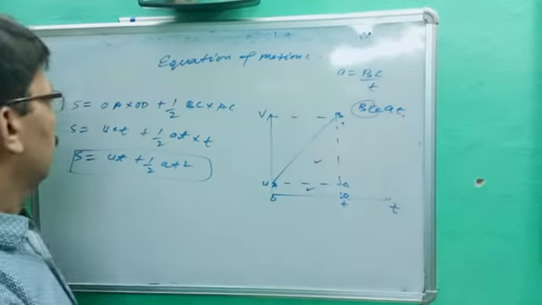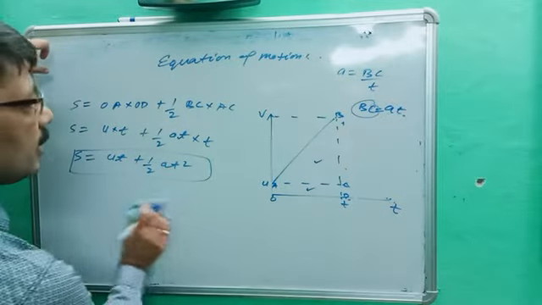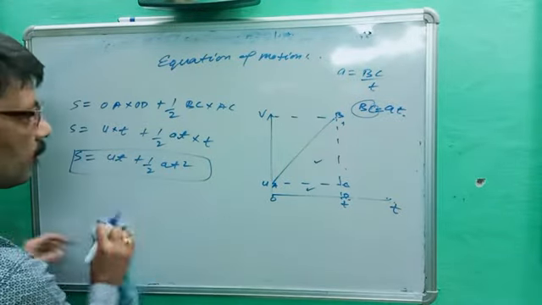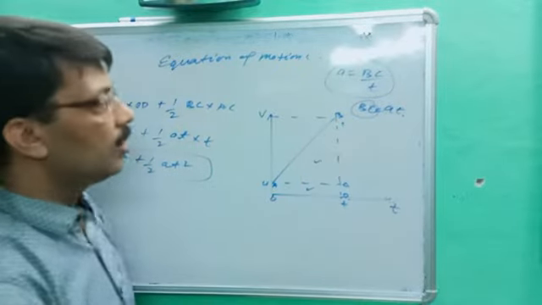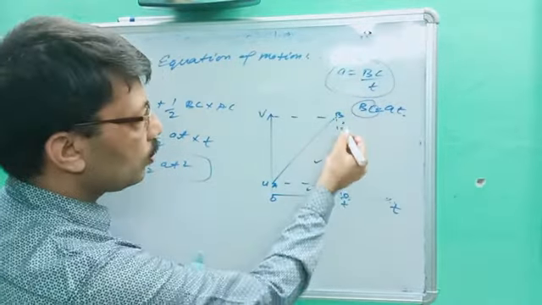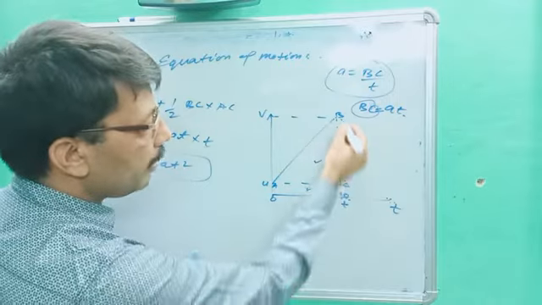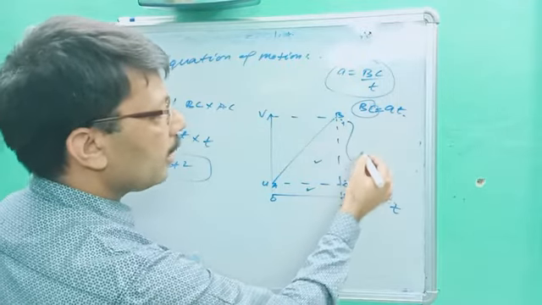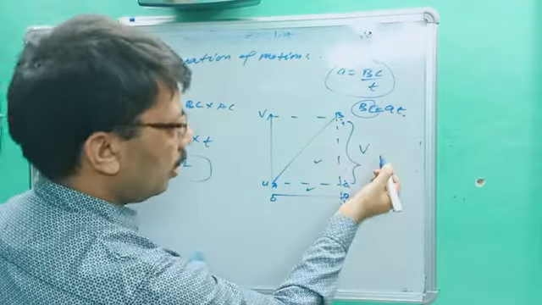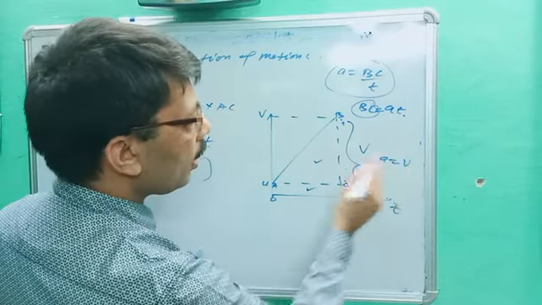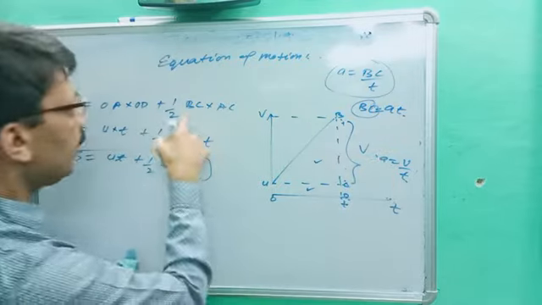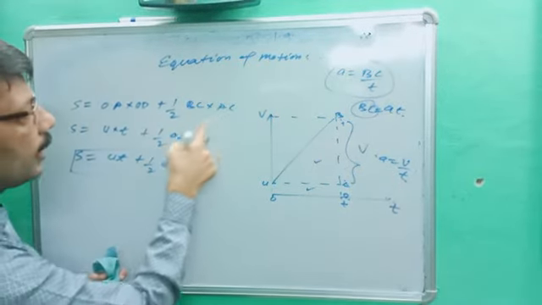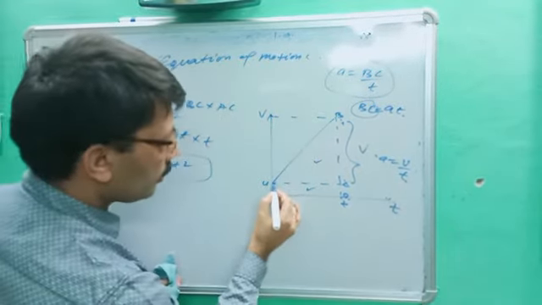Okay, now the third portion is there. This is the definition of acceleration. Acceleration is equal to the rate of change in velocity. So rate of change in velocity is equal to BD minus CD, and BD minus CD is equal to what? BC, and BC is equal to what? V. And so A is equal to V upon T, and so V is equal to what? at. So in place of BC, we can write at into AC.